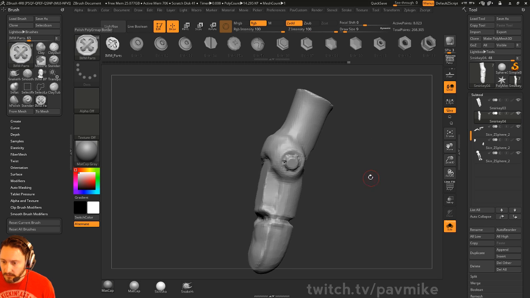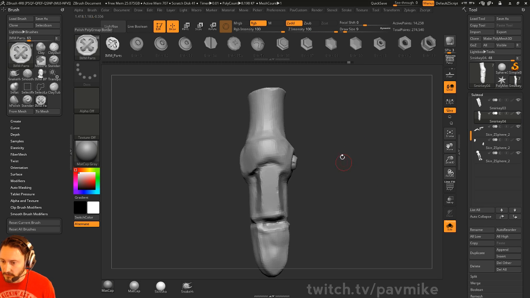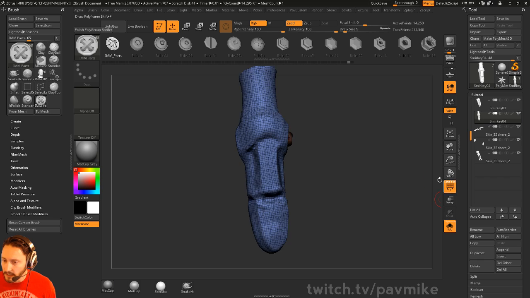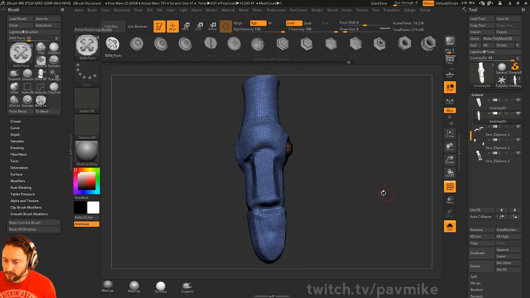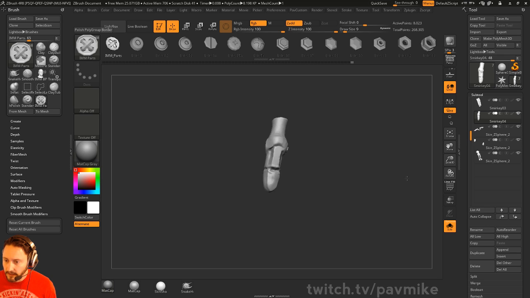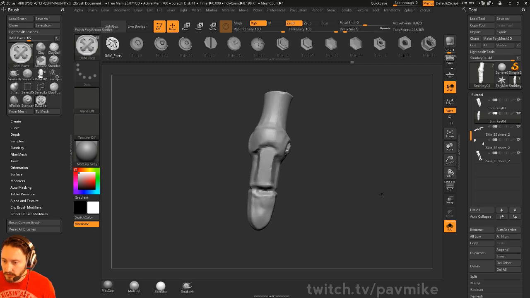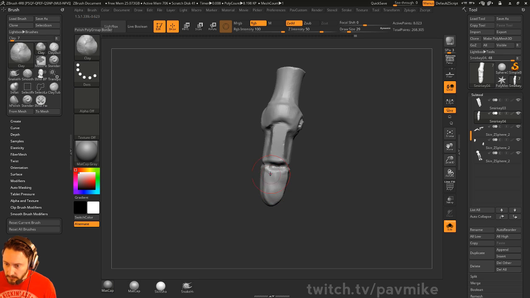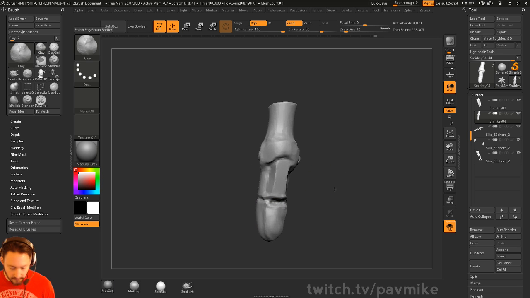And if you want to, you can just Dynamesh those together real quick. Of course, my resolution sucks, so I can keep them separately as well, and I can also Dynamesh them separately. But anyway, I'm just going to Dynamesh those together for now. So now that I've got a finger going with our H polish and clay polish and trim dynamic and all the little fancy things that you learn here,